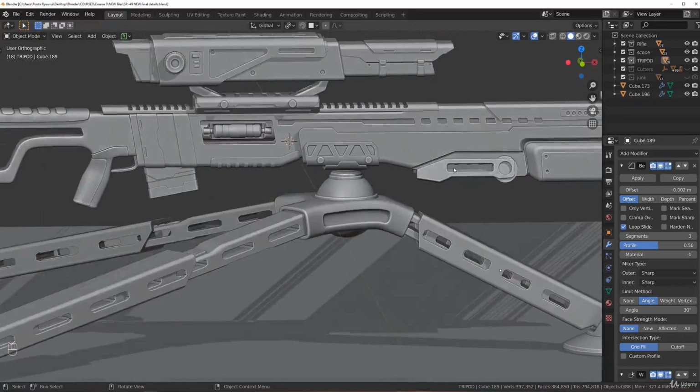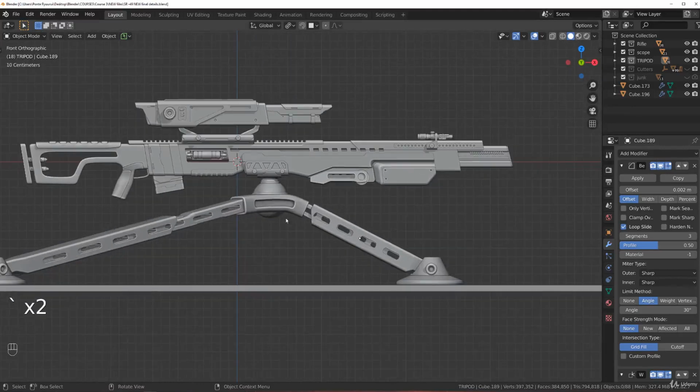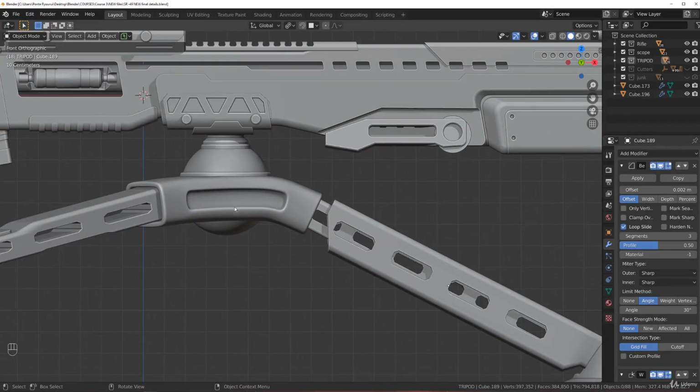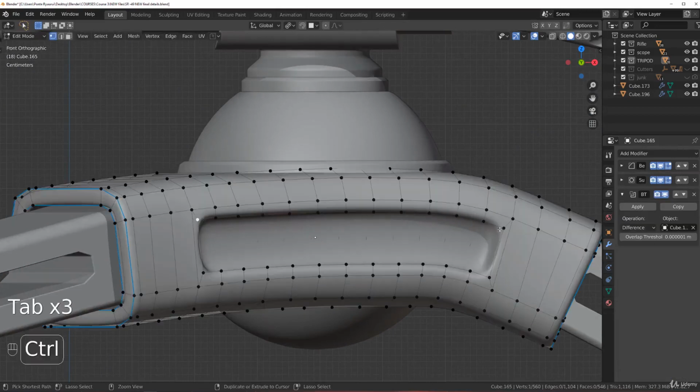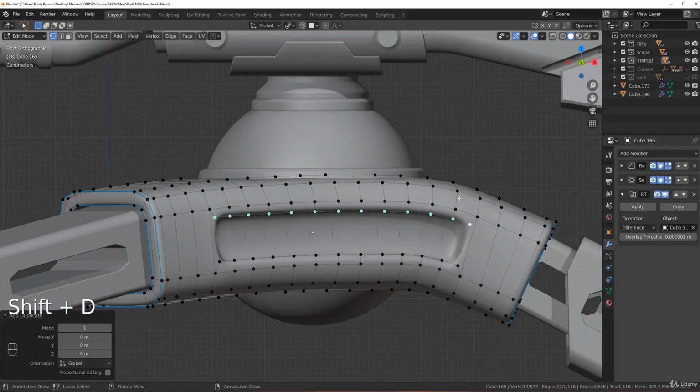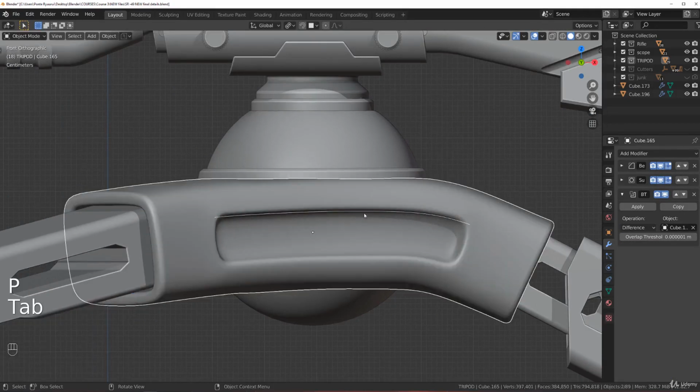So, the front. Now, before we go to the front, I want to do this one, okay? This is gonna be fast, alright? So, let's grab this piece and let's rip this off. So, Shift D, literally, and P to its own selection, and let's grab this piece and this one, and let's